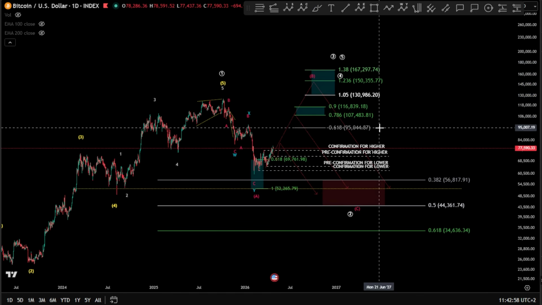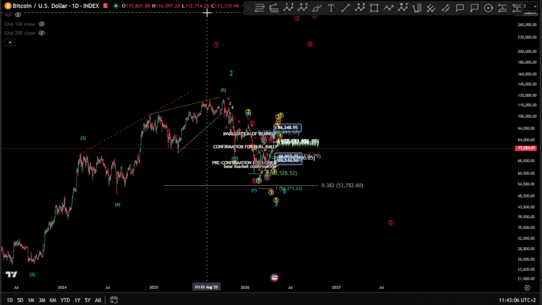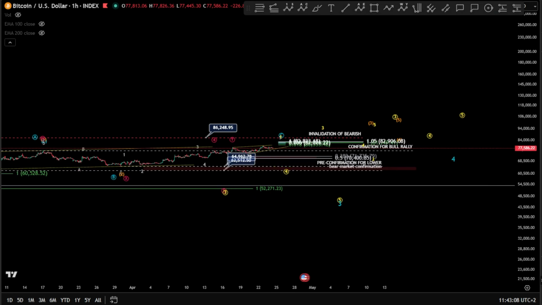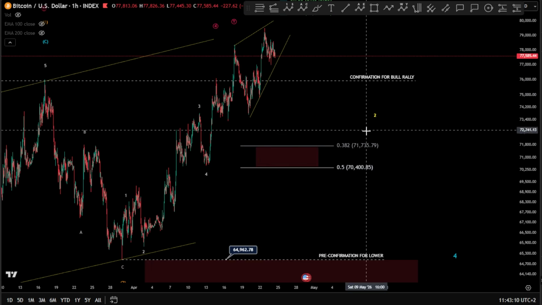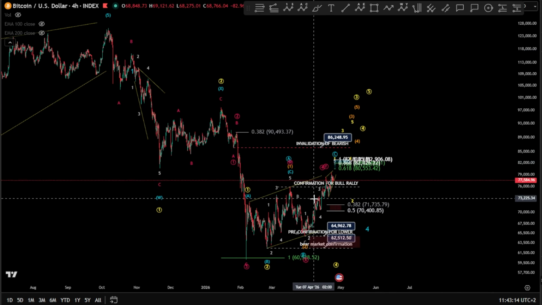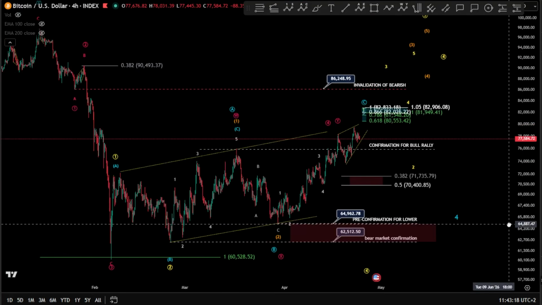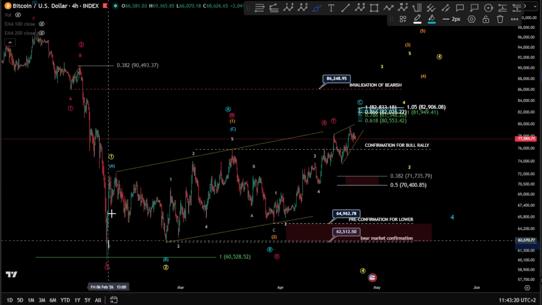Yep, so those are the probabilities for the wave 2 flat that I recommend, of course, to always keep in mind every day, because of course currently we cannot think about any deep correction, especially with this move up. Now on the 4 hours chart, we can see clearly that this correction here, in case it is a correction,